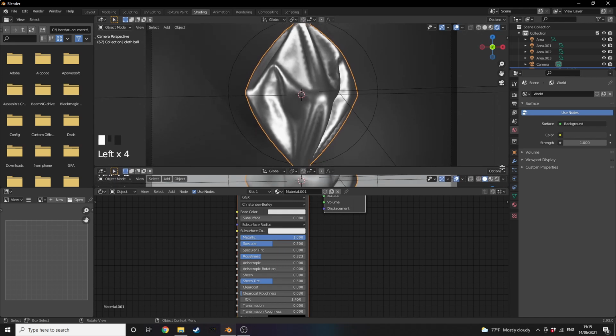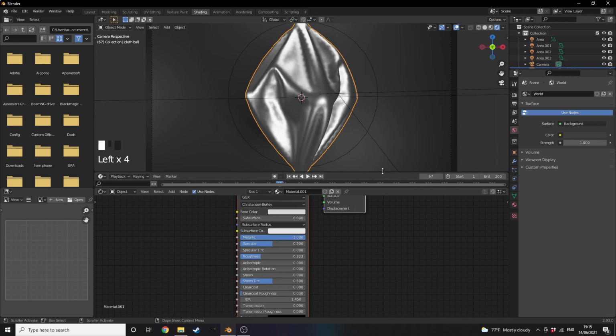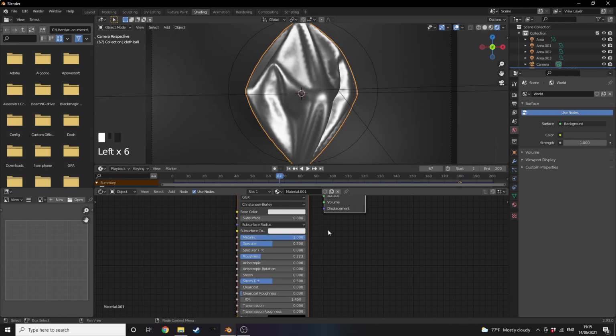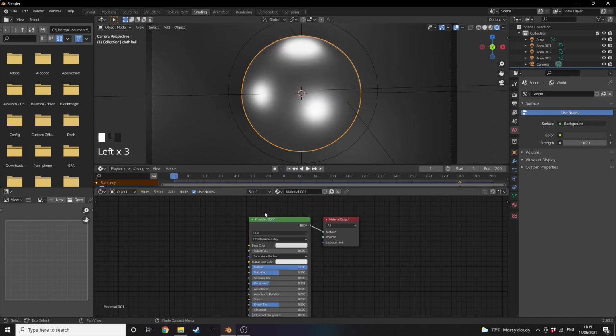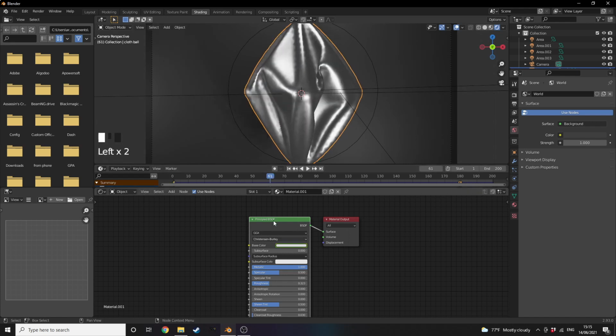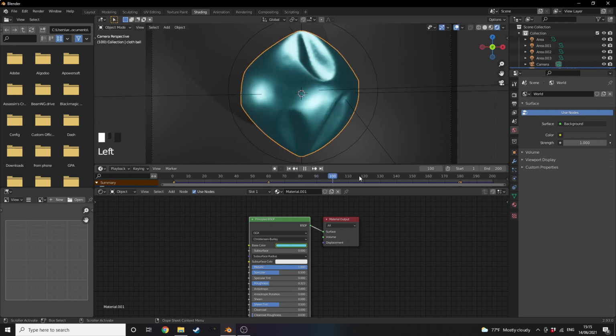And let's open up another tab here and add a timeline. So now we are going to be animating the color. So select the principal BSDF, and on frame 1, let's add in a keyframe for the color. Let's go to frame 60. Let's change the color to something else. I went with like a blue like this, and then I'm gonna insert the keyframe, go to frame like 120,